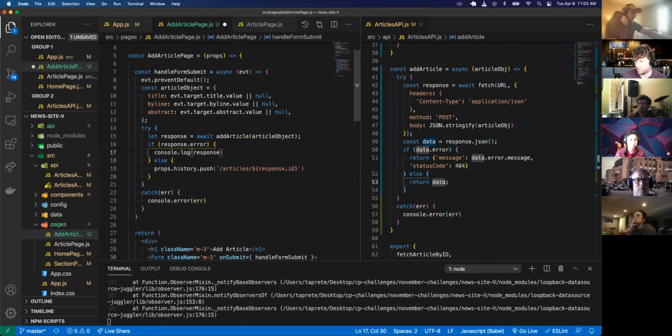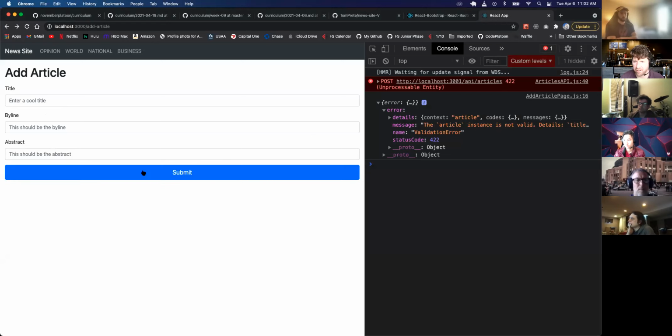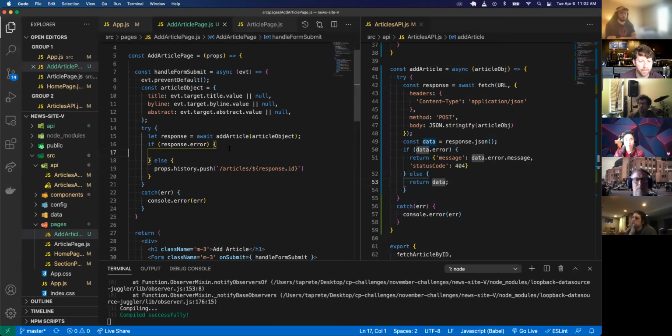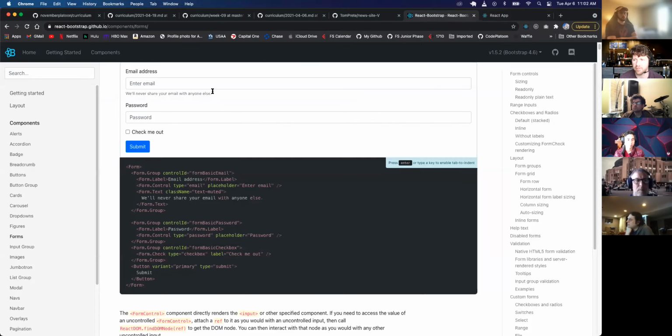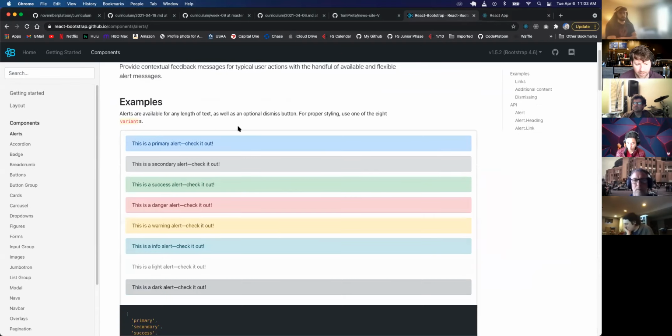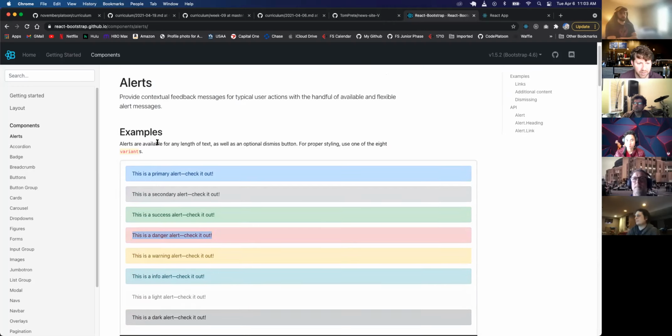What do we want to happen if we get an error here? Do you want like a banner or something, a pop-up, or I don't know, what do you guys want? An alert? Does anybody have a preference? Sad face animation. I don't think I can do a sad face animation, but we can do like something like this, like an